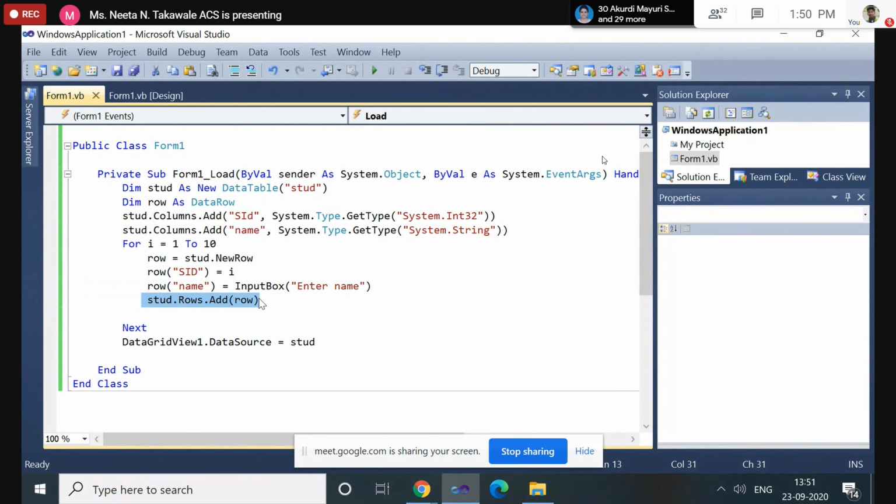Once we have decided, we are displaying that content onto the data grid view one with the help of data source. Everything we are doing with the help of the student data table object. That data object we are assigning to, or displaying on, the grid view one with the help of data source. So like this we can create a table using the data table object, and we can add rows and columns using a data table object.